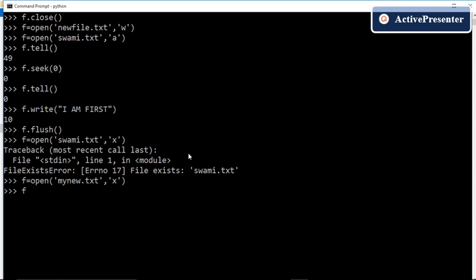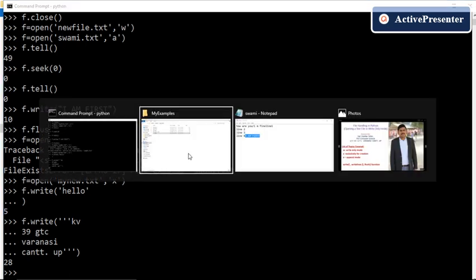Now we can write any content, whatever we like. We can write multiple lines also. Okay, now let us see the content of the file.